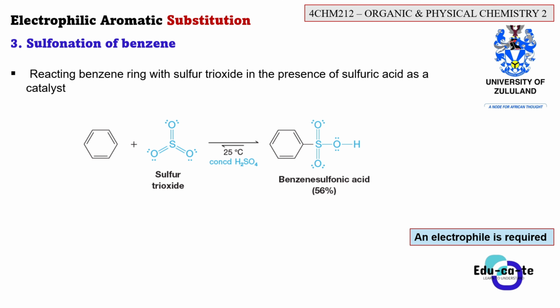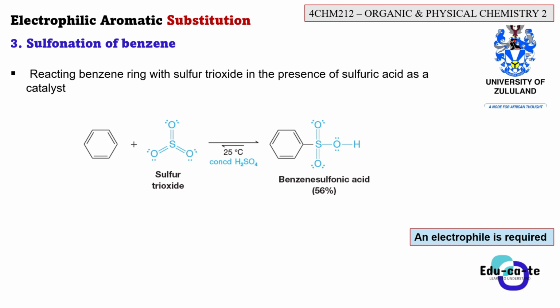In this video, we are in the third electrophilic aromatic substitution reaction. We have already done halogenation and nitration previously, and now we are focusing on the sulfonation of benzene. Remember, the electrophilic aromatic substitution reactions are all reactions that have to do with reacting a benzene ring with another particular group or another substrate, another substituent.